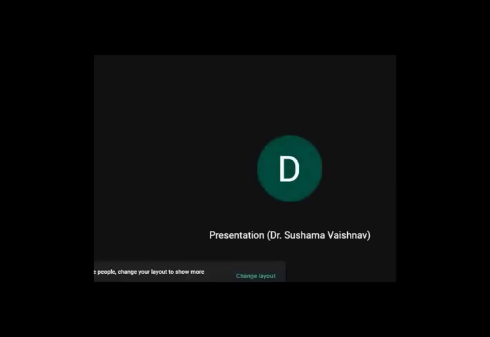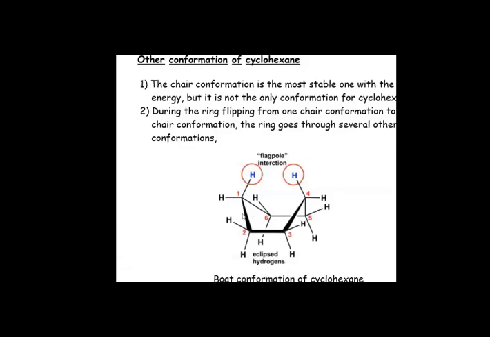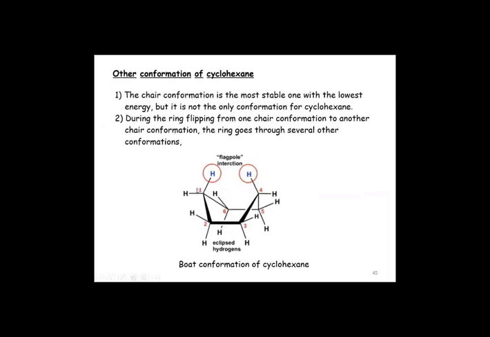with a chair conformation where this end is pointing up and this end is pointing down. Now when we move this end up and this end down, an intermediate orientation comes where both the V ends lie up and the structure resembles that of a boat. Hence we call this conformation the boat conformation of cyclohexane.